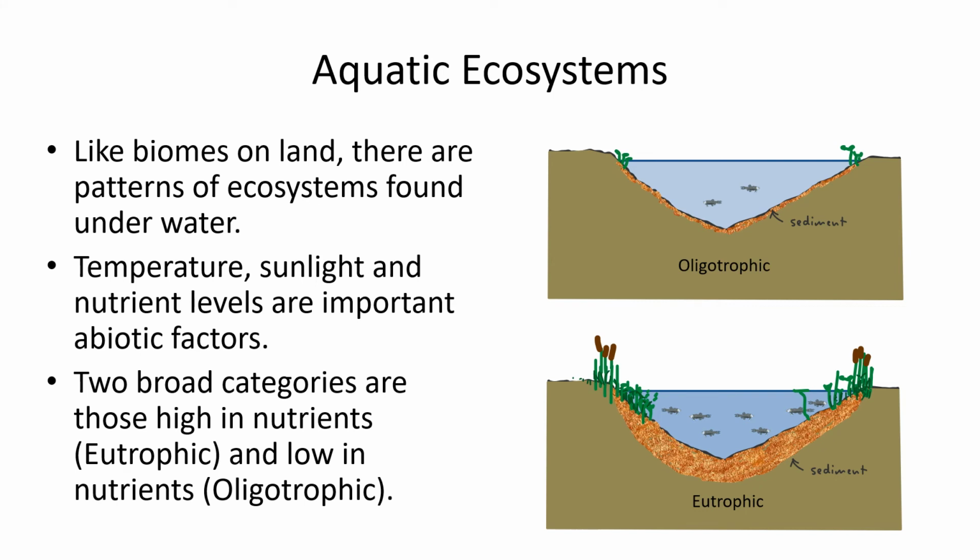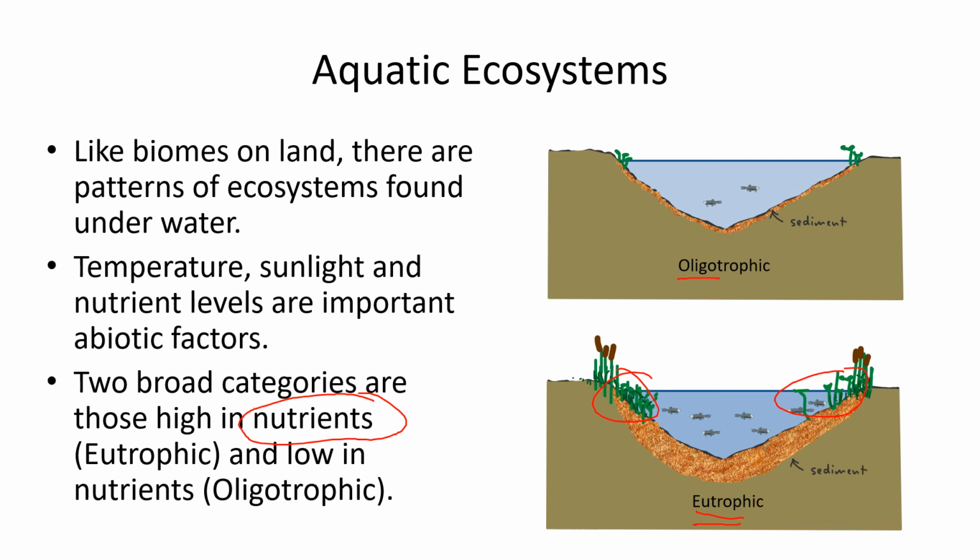Okay, of course, living things are also found underwater. That's where life began, after all. And there can be differences in the type of ecosystems underwater as well. The main thing that influences the amount of living things that you might find, apart from temperature, is the availability of nutrients. And so if you have lots of nutrients, that's called a eutrophic situation, and if there's lots of nutrients and lots of sediment, that leads to lots of plant growth, or producer growth, I guess would be another way to term it. And of course that will support a greater variety of living things.